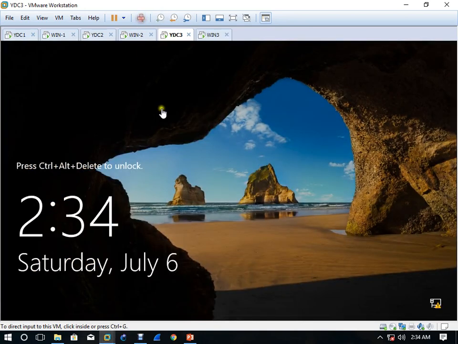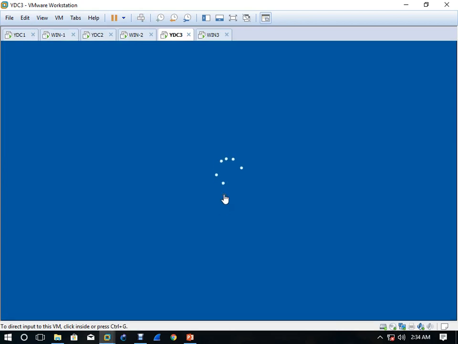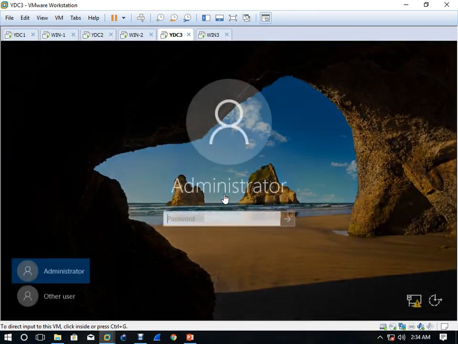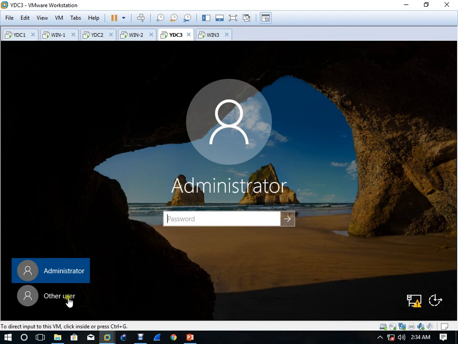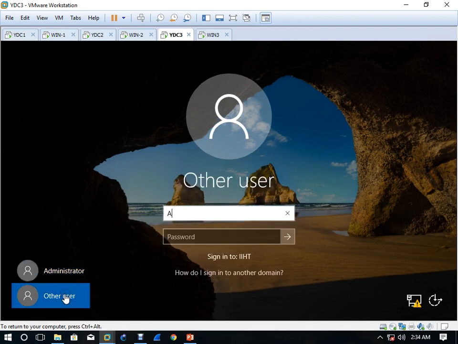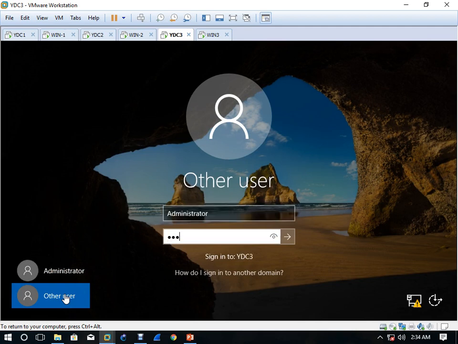Now we have to log in here. We have to log in as IIHT, not with the local administrator. You have to click here, other user, and then you have to write administrator, and then log in.